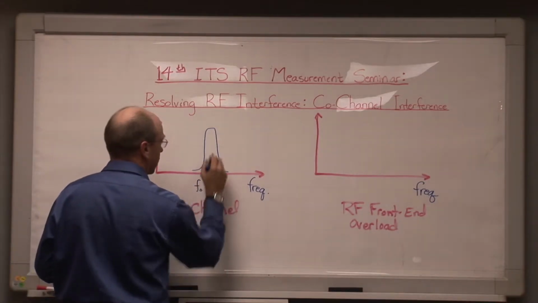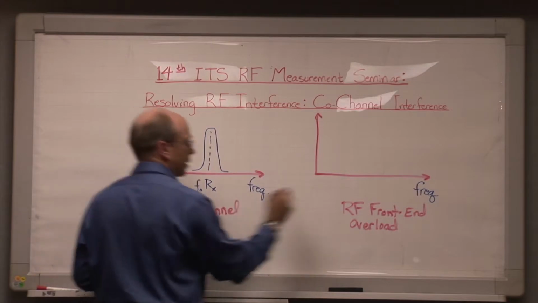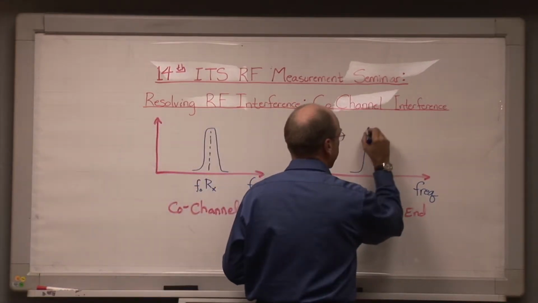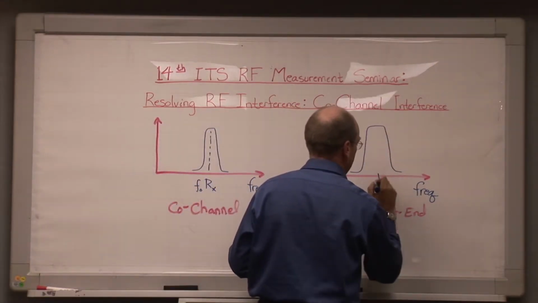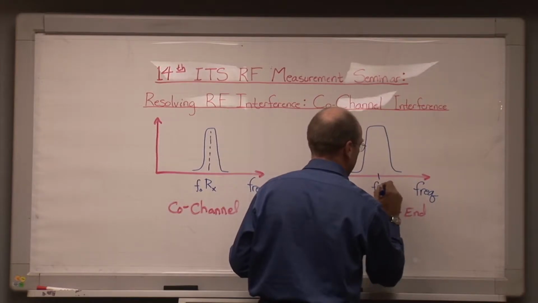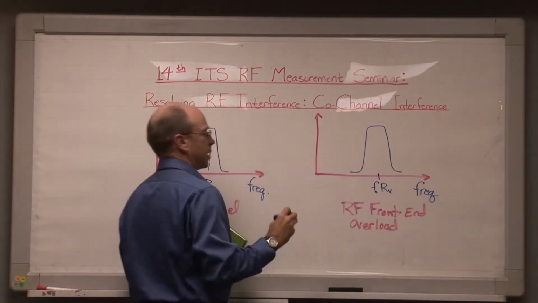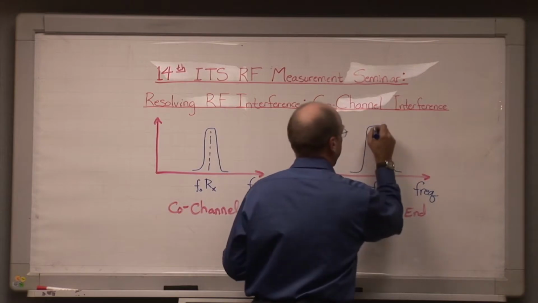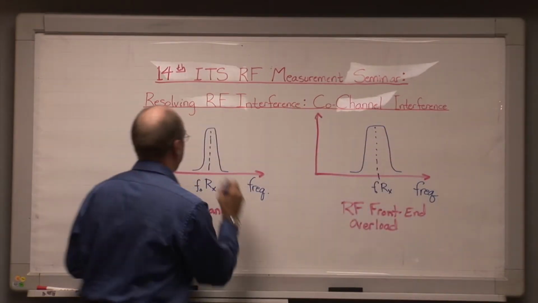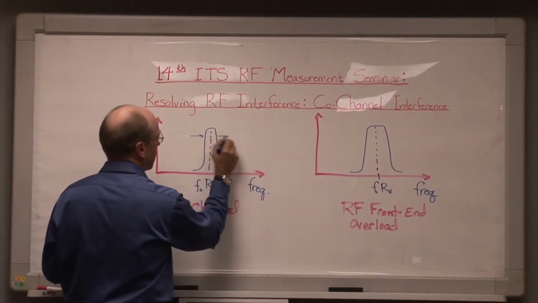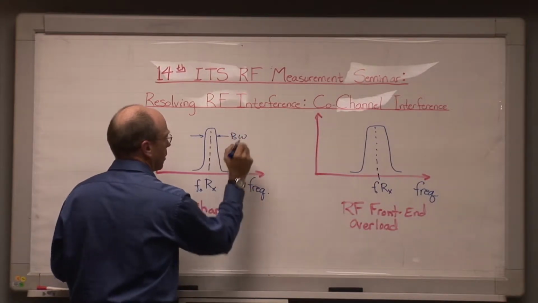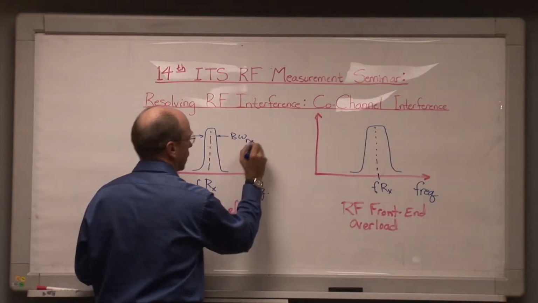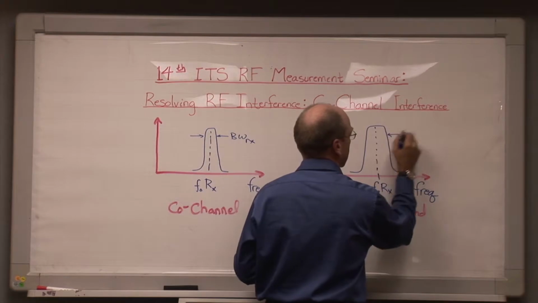The F0 of the receiver, like so. We'll draw the same thing over here. Here's our receiver, and again, the center frequency of the receiver. And the receiver has some bandwidth associated with its desired mode of operation,